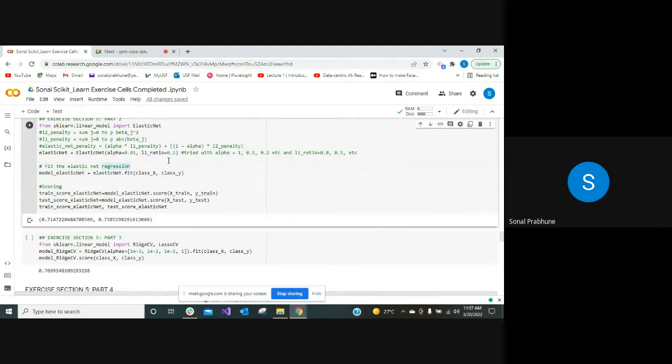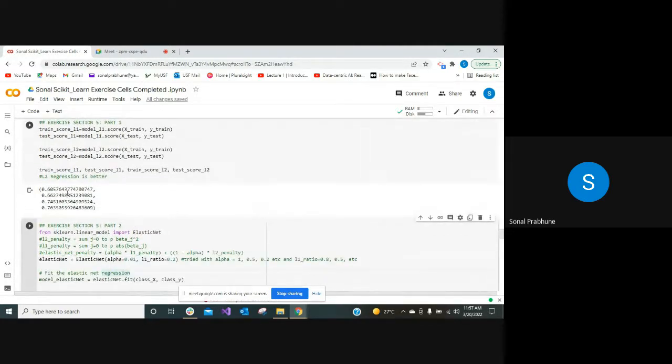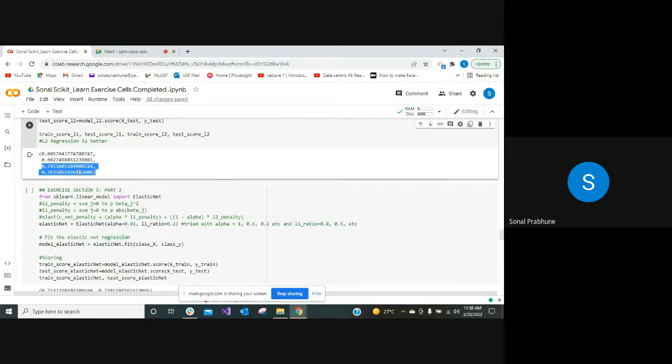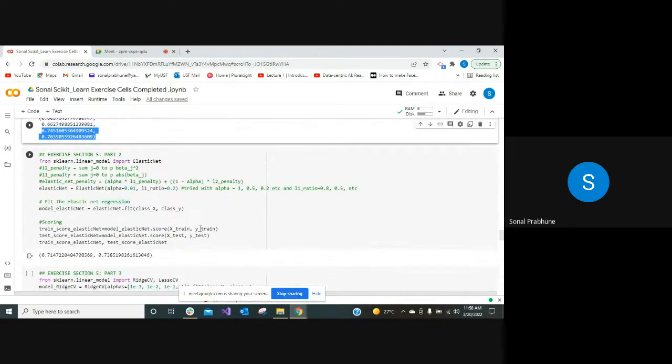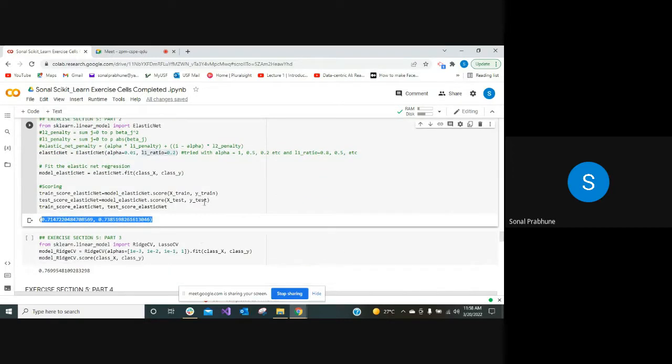We are basically using different values, and we can tweak that. For example, over here, the first two values are when I used L1 regularization, and these two are when I used L2 regularization. So the score is better with L2 regularization. Using an L1 ratio of 0.2 for ElasticNet, these are the values that I get. But I got other values as well, which I have not run in this final run.